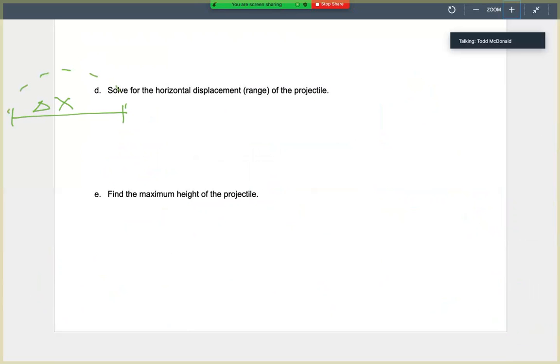From here to there. We want to know how far it goes. Well, here's something that you need to catch, is that when it's traveling in the horizontal, there is no acceleration. It's constant velocity. So we have constant velocity in the x direction. So we know that Vx, the entire time it's traveling horizontally, would be 26.0 meters per second. The other thing we know is that the time it's traveling in the air is 3.06 seconds from the problem